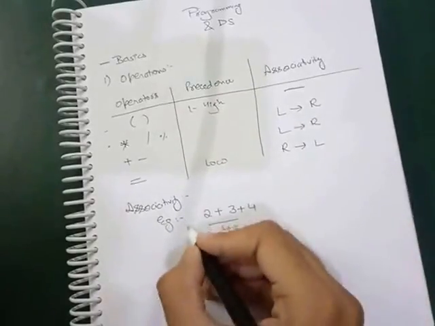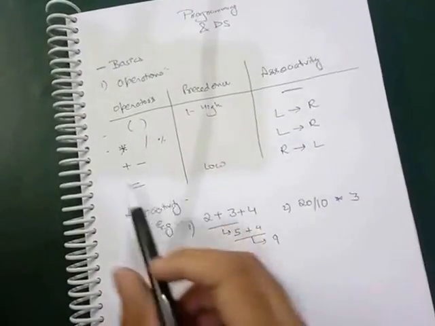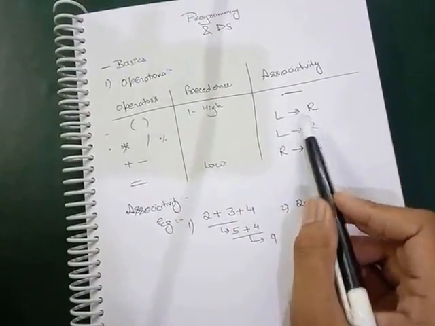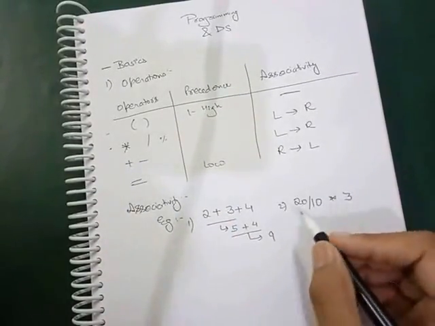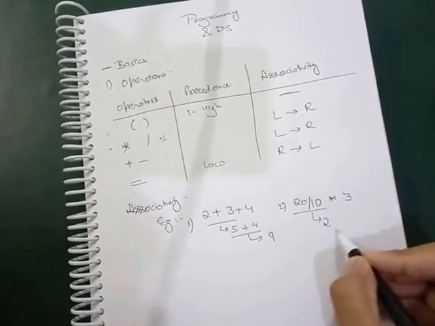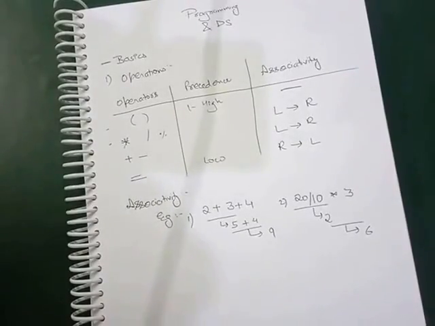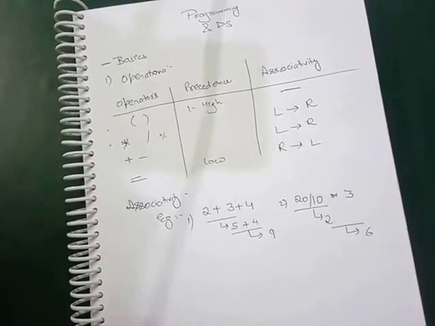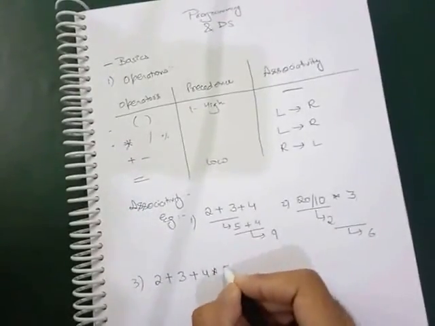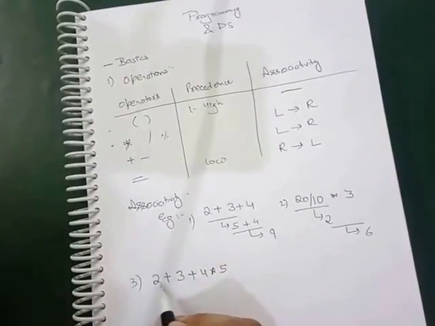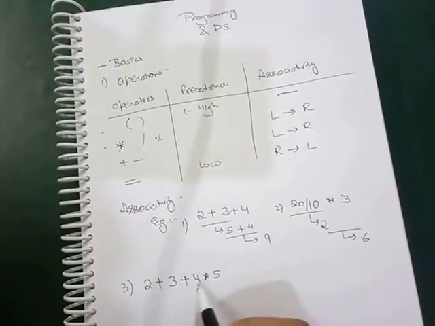Take some other example. 20 divided by 10 into 3. Now, as we know that it has left to right associativity, and divide and multiply have the same precedence, so we'll follow left to right. This gives 2 and this gives 6. Also we can take another example, like 2 plus 3 plus 4 into 5, and as we know that precedence of multiplication is higher than addition, so first we'll be